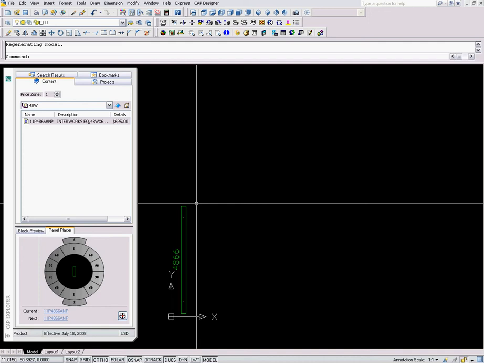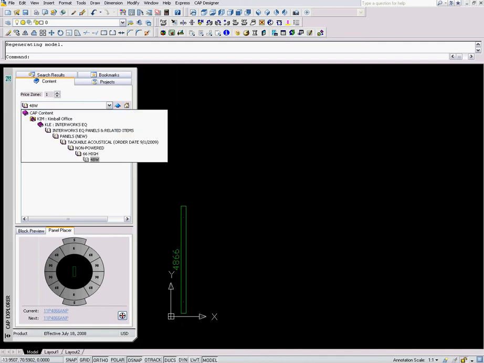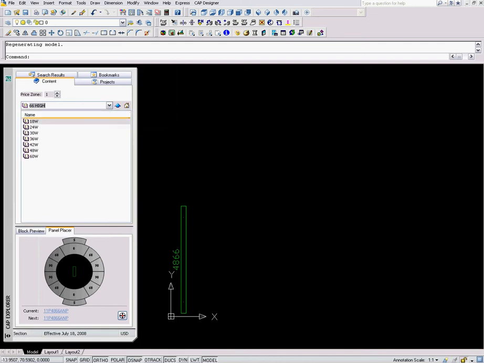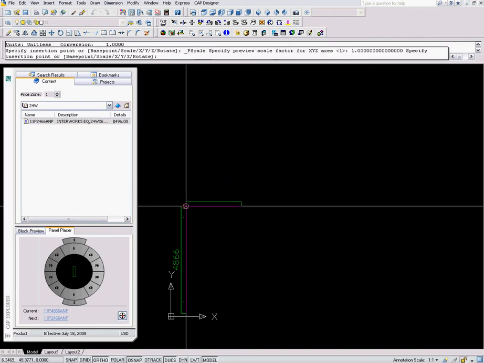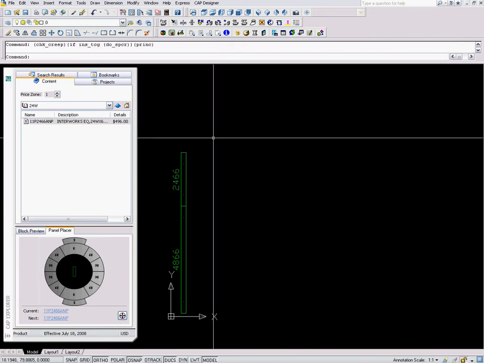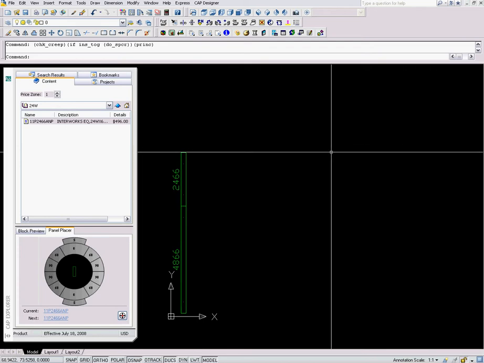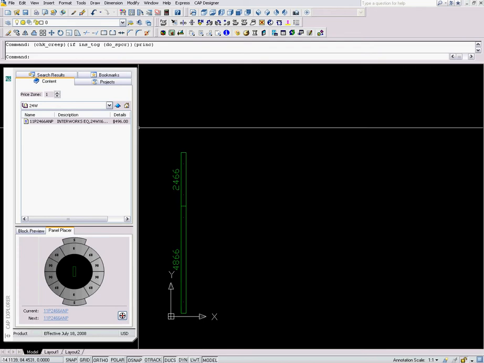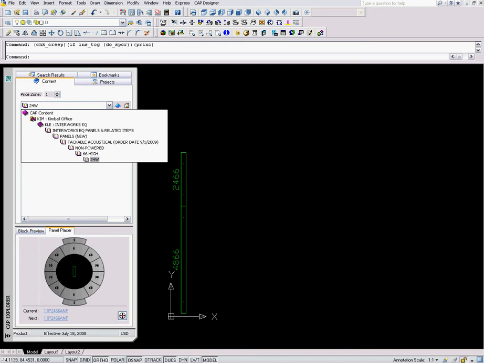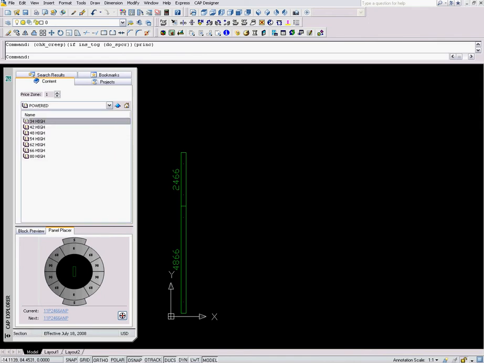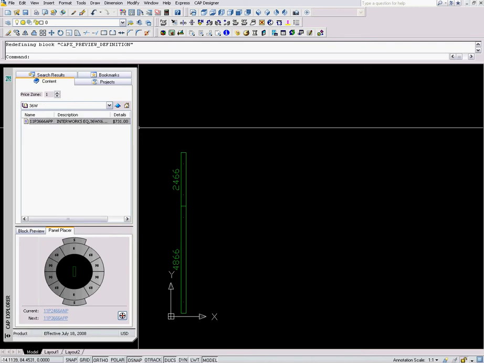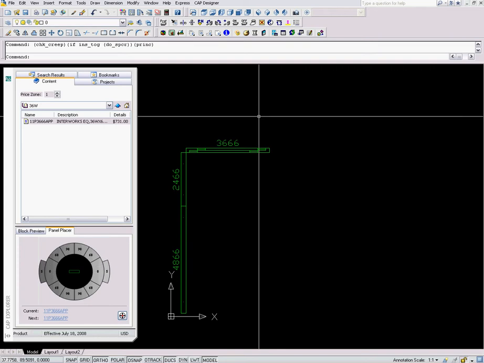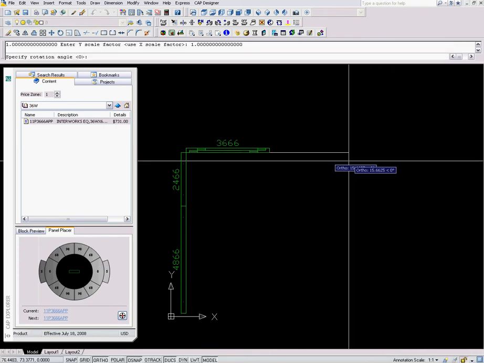Now, with my panels placed, I'm going to go back up to 66 inches high using my drop-down menu and select 24 inches wide, dragging and dropping the panel in place. My next series of panels will be 36 inches, and those two 36-inch panels will be powered. So using my drop-down menu, I'm going to go back up to Tackable Acoustical, select Powered, 66 inches high, 36 inches wide, and I'm going to drag the first panel into place, repeat the command, and drop the second panel